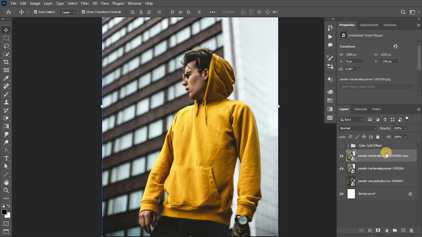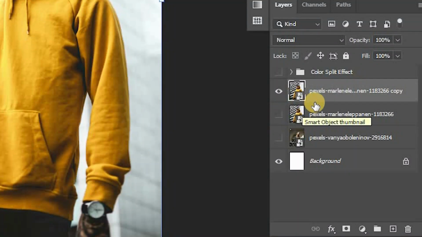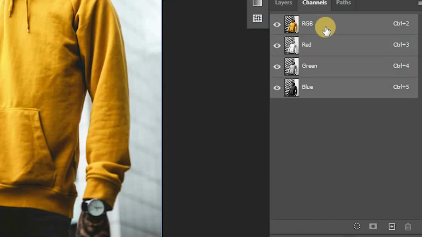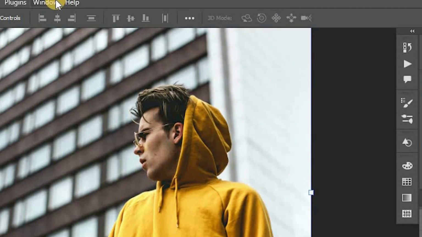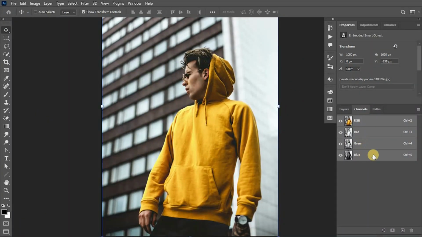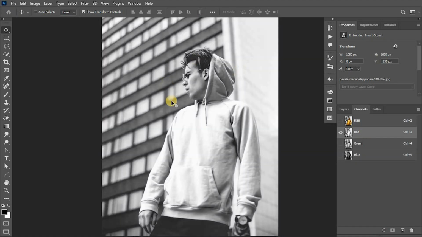First, let's create a copy of the image and hide the original one as a backup. Now go to the Channels panel here. If it's not visible, then activate it by going into the Window tab and then Channels. Here, as all four channels are selected, let's select the red channel, which will automatically hide the other channels and make